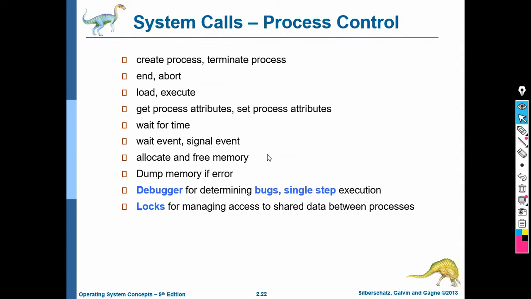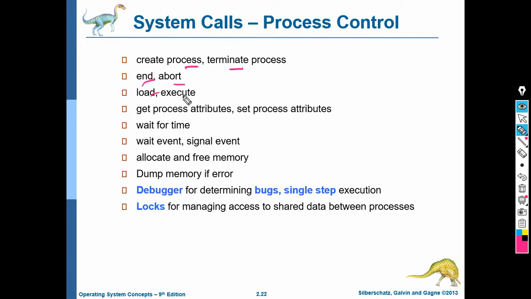As part of process control, there are different kinds of system calls available in the operating system to provide services to create a process and terminate a process. In order to run a process, you first need to create it, and once it finishes, you need to terminate or exit the process. End and abort, because as part of the process life cycle we'll see the different states through which a process has to make transitions, for which you need services like end and